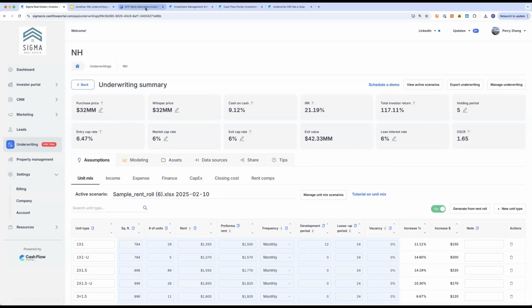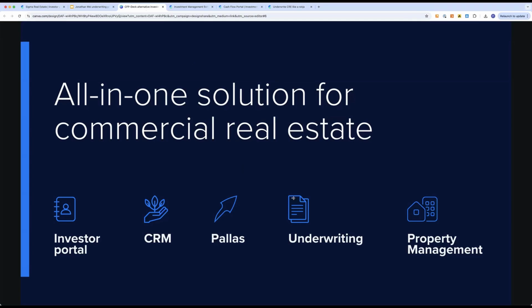But what we want to do, I want to go back to here. We want to create an all-in-one solution for commercial real estate. So you have the property management, that is your PMS system, that's your accounting system. We have double entry accounting. Then you have underwriting, which is how you get started, and you have these pro formas and actuals.